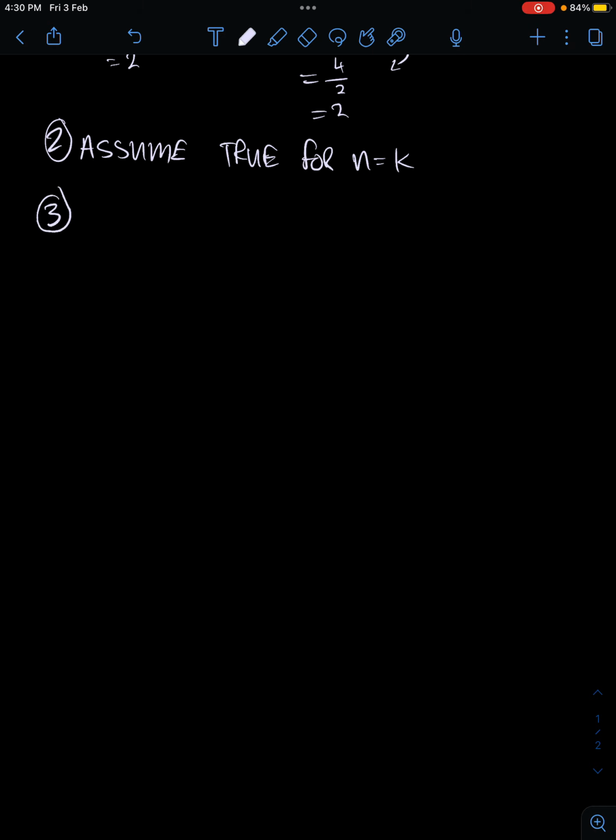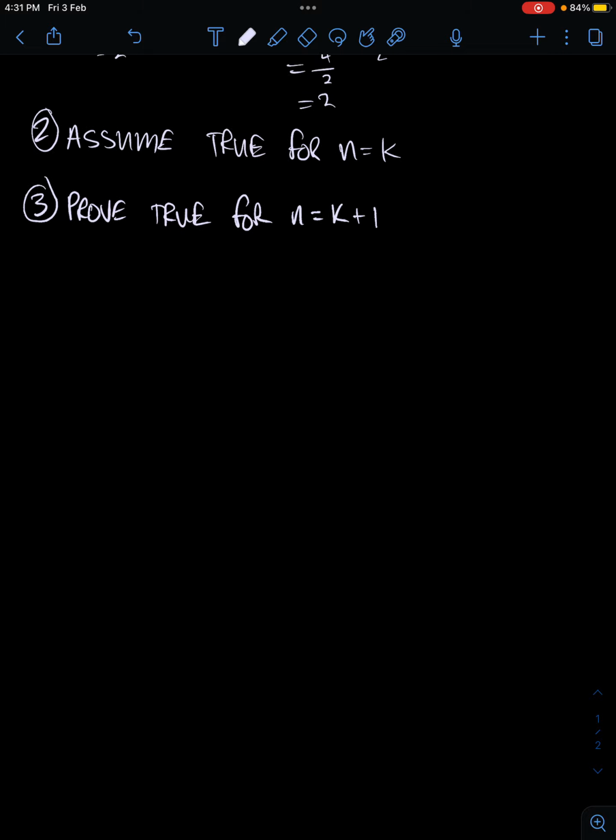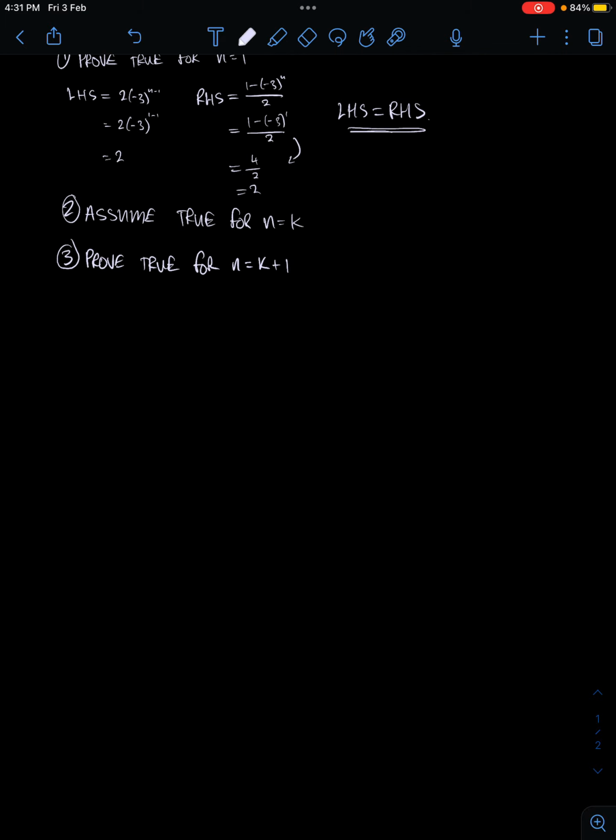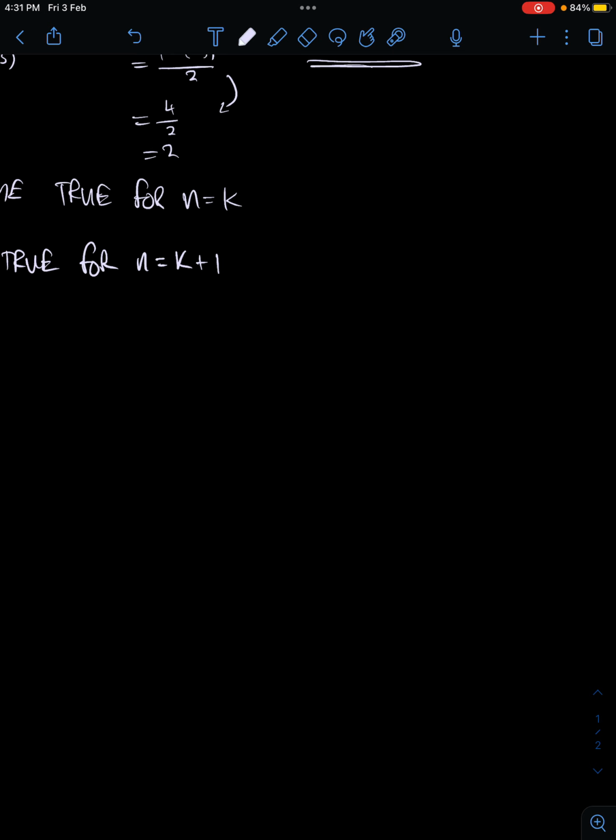And then step 3, we've got prove true for n equals k plus 1. Absolutely shocking handwriting going on over here, but we can see the point. Now for these two steps, I'm just going to write out the equation, what it looks like in these cases. So 2 minus 6 plus 18 minus 54 plus dot dot dot plus 2 times negative 3 to the power of, and oh, not then. That's actually the difference. k minus 1